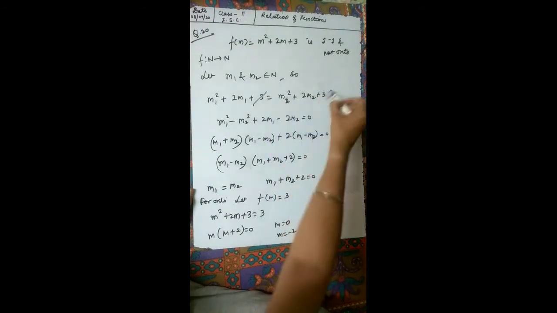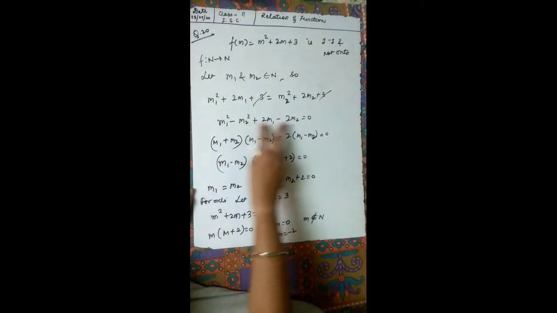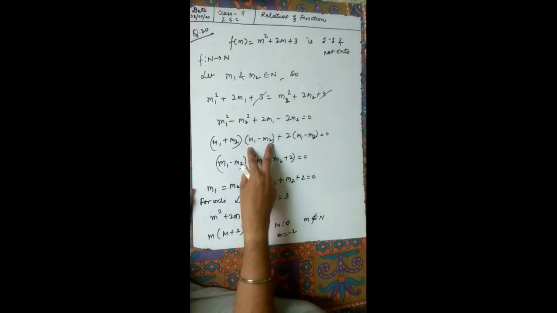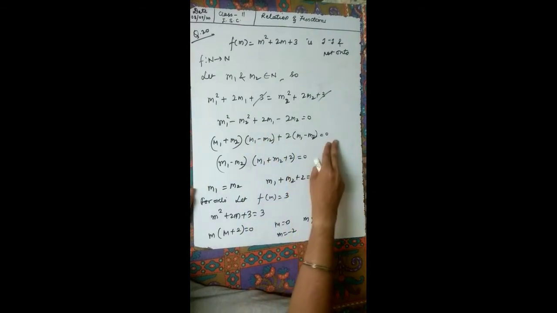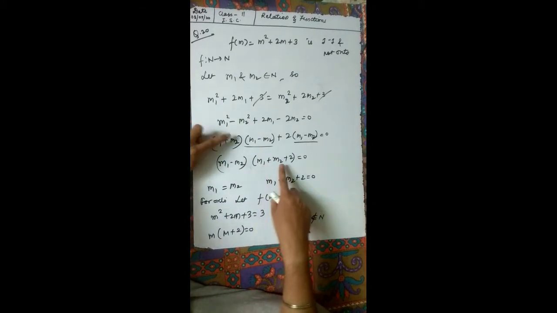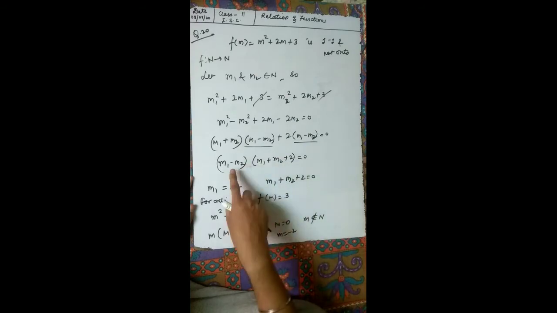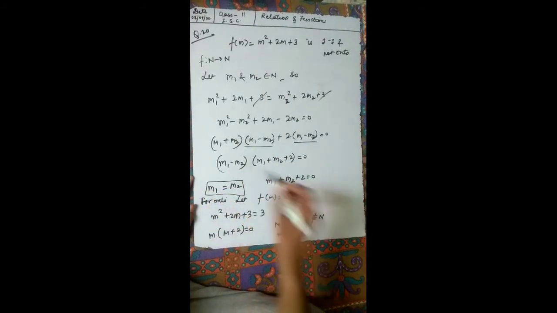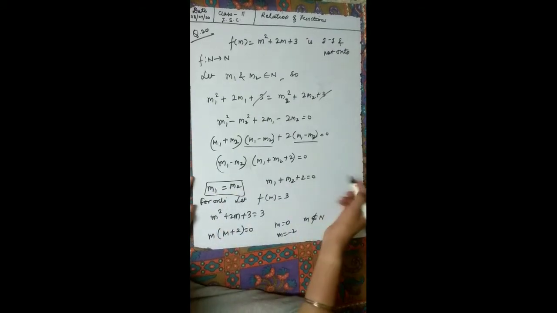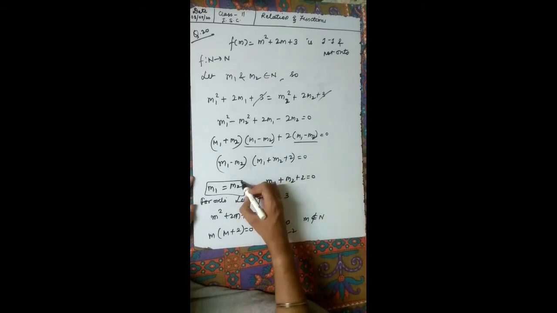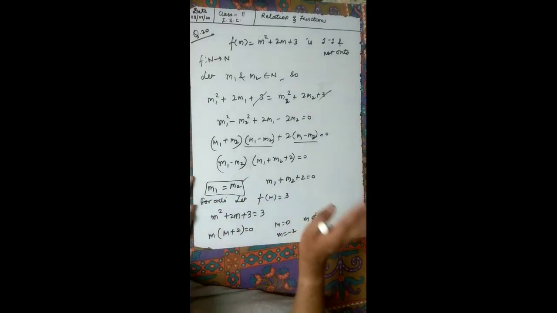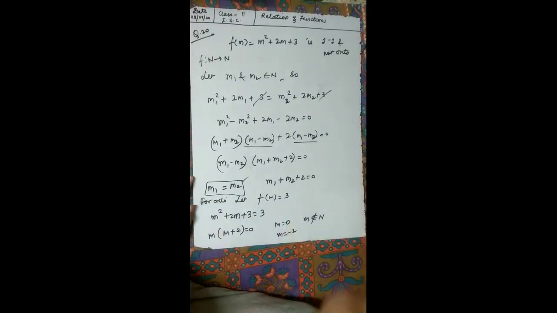As you can see that this 3 with this 3 we can cancel. Take both here like this. Here we can use the identity, m1 plus m2, m1 minus m2, plus take 2 common, so m1 minus m2 equal to 0. Now you can take m1 minus m2 common. In the bracket we'll get m1 plus m2 plus 2 equal to 0. If you put this bracket equal to 0, your condition for the 1-1 is satisfied, m1 equal to m2. And for this one, no need of solving, just keep it as it is. We want m1 to be equal to m2, so the function is 1-1 function. Alright, we proved that it is a 1-1 function.